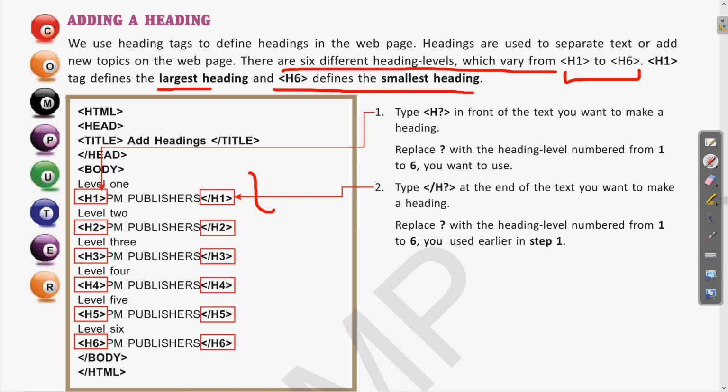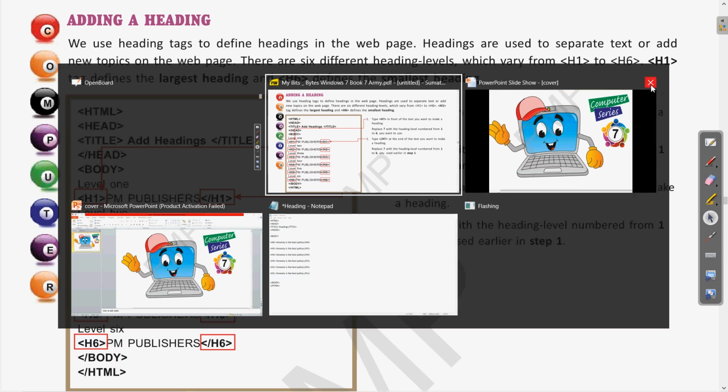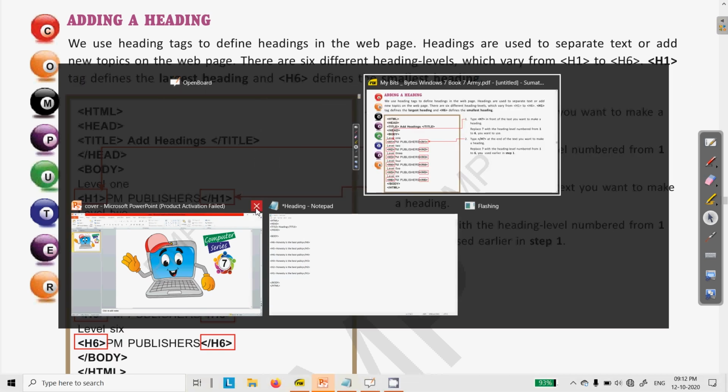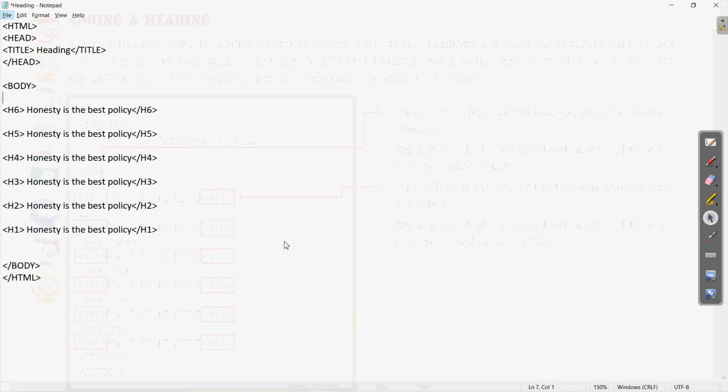So here we have written some text, and when that text is written in between the heading tags, the size of the text changes accordingly. So if I open the previous example which we have written, let us erase this. Now the example which we have discussed earlier, so here it is.